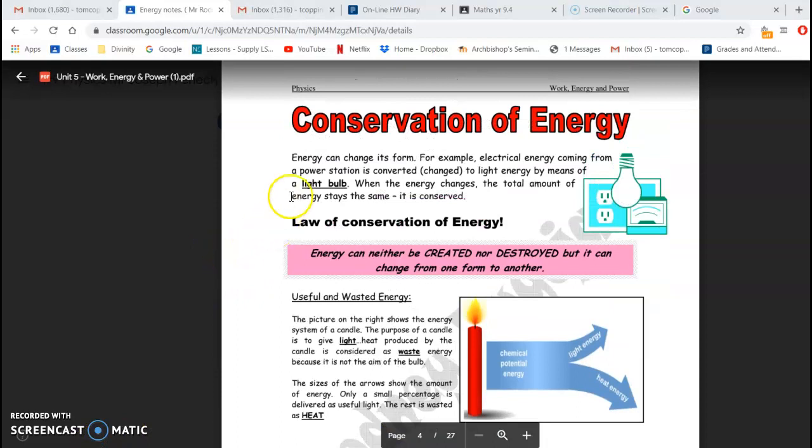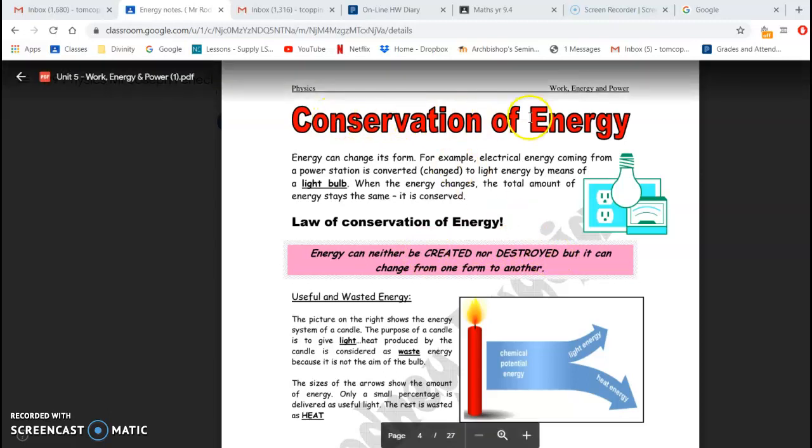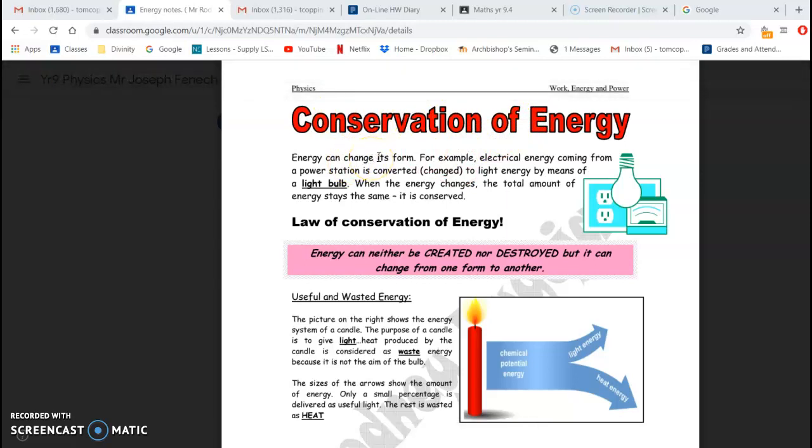So now moving on to conservation of energy. What this basically means is, let's read the law of conservation of energy. Energy can neither be created nor destroyed, but can change from one form to another. So when we say conservation of energy, we mean when energy changes its form from one type of energy to another. So for example,